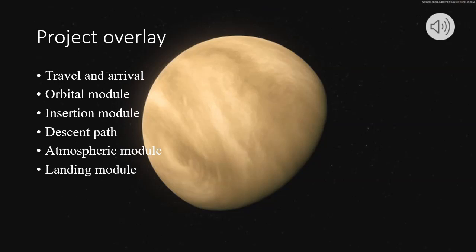Our atmospheric reentry presentation will proceed as follows. First, we will study the journey of our module at the arrival at the entry of the Venus atmosphere, and that is where we will present our module and what we have chosen to bring in. So, initially, we have a module that will remain in orbit, and then a module that will perform the descent. Next, we will study the optimal descent path to counter disturbance towards the module in the atmosphere. Then, after this long descent, we will present the shape and the characteristics of our landing module.